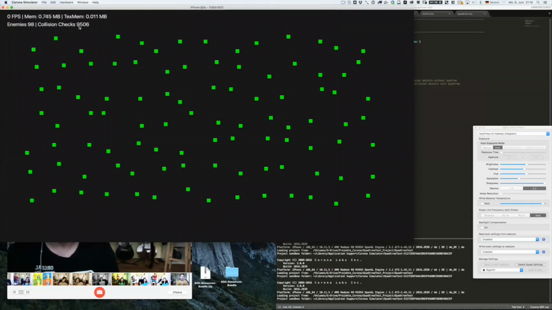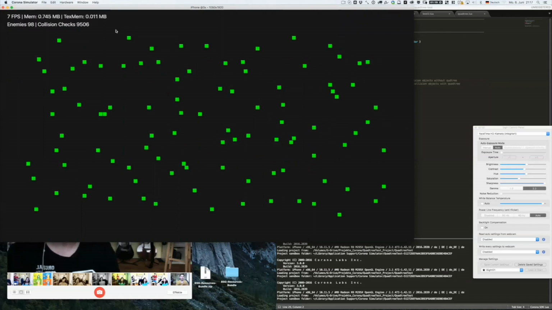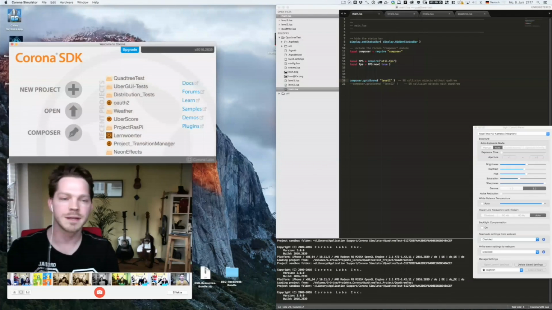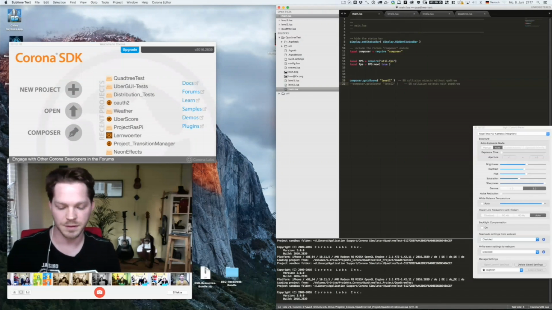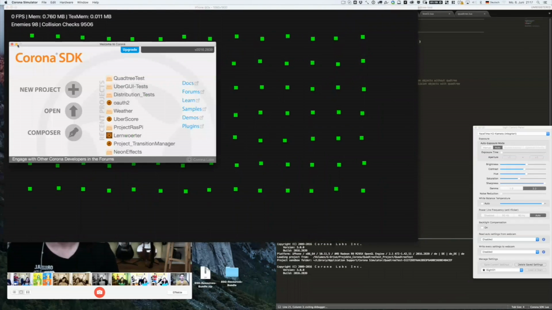So, too many collision checks, 9,106, 7 FPS. This is slow, and this is without Quadtrees. In that example, for those who may be listening and not watching, you are bringing up a grid of green squares in columns and rows, and they're doing their individual collision detection as they would normally.